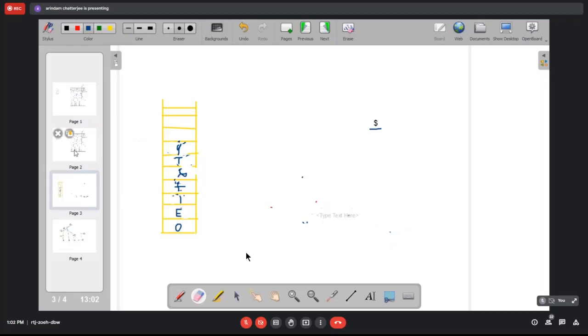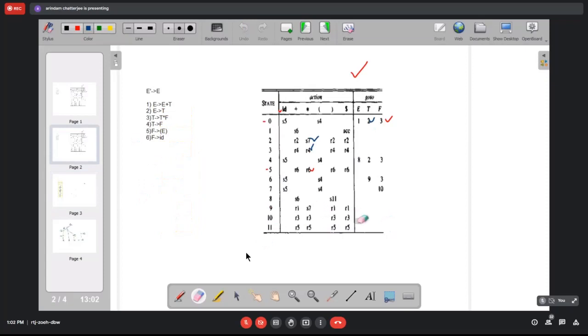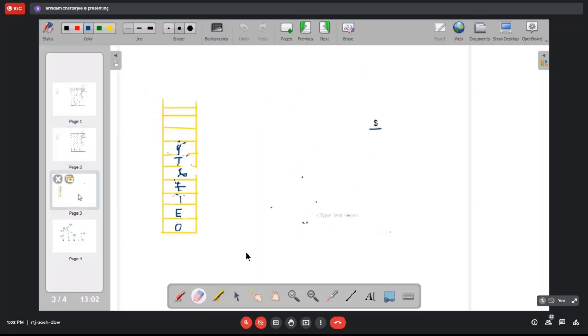State number 9 and dollar means you have to reduce by rule 1. What is rule 1? E producing E plus T. So this is the reduction rule. How many symbols on the right hand side? 3 symbols.